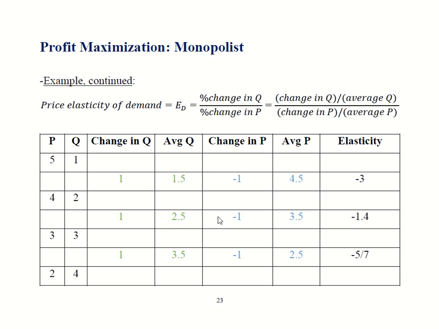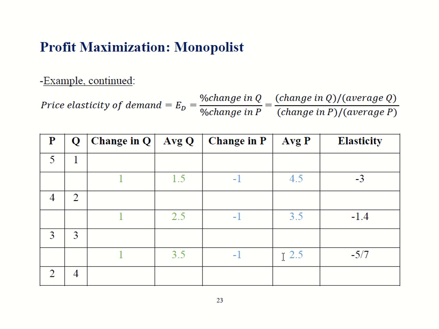Change in P over average P is going to be -1 over 3.5. Put all that together, and what you're going to get is -1.4. For the very last one, we take 1 over 3.5 and we divide that by -1 over 2.5. That works out to -5 over 7. So